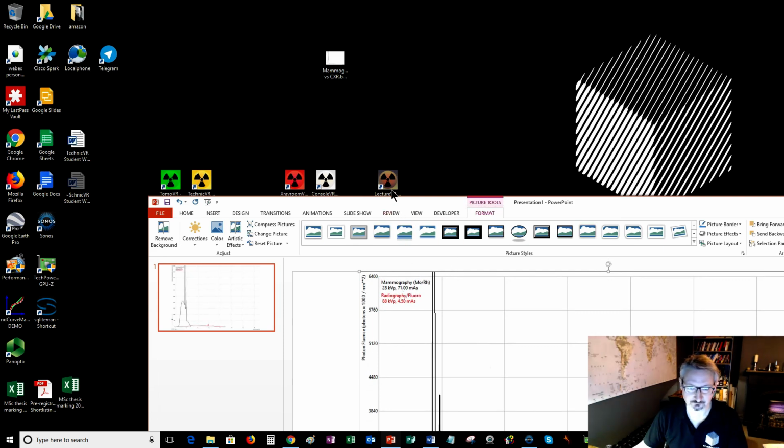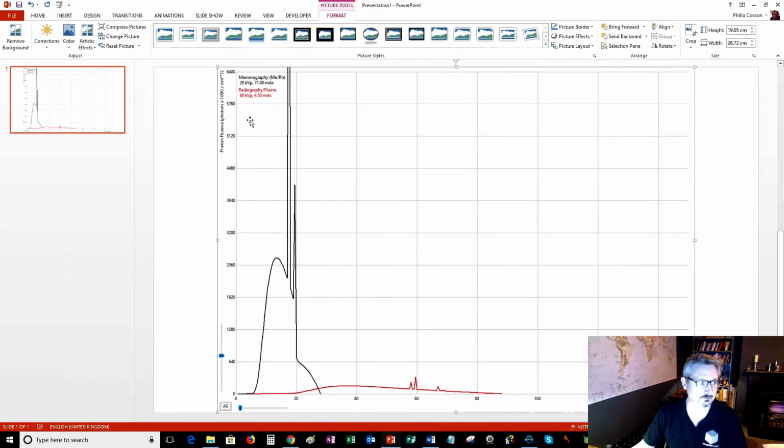There you go. So now I've got mammography with a molybdenum target rhodium filter, 28 kV, P71 MAS, versus a chest X-ray, 88 kV and 4.5 MAS. So that's a nice illustrative slide for a PowerPoint, or you might want to give the students a task to